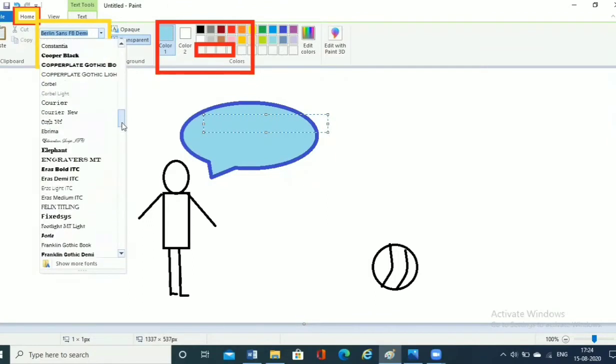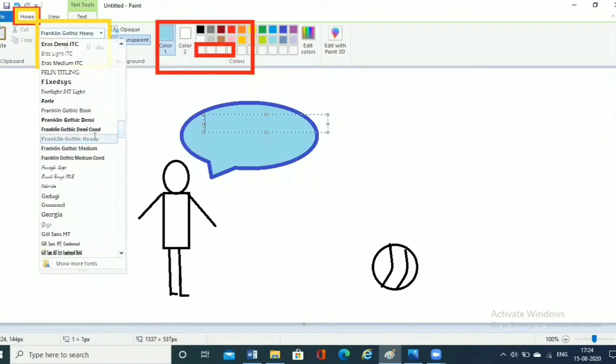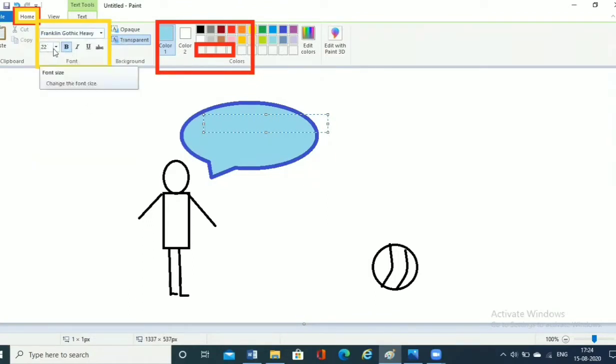Then you can choose the size of your font, how big or how small you want the text, and then bold, italics or underline, whichever you want. So I've chosen bold and I'll write the thought of this person in this particular call out.